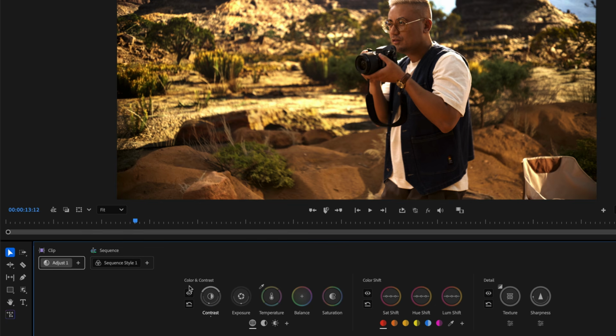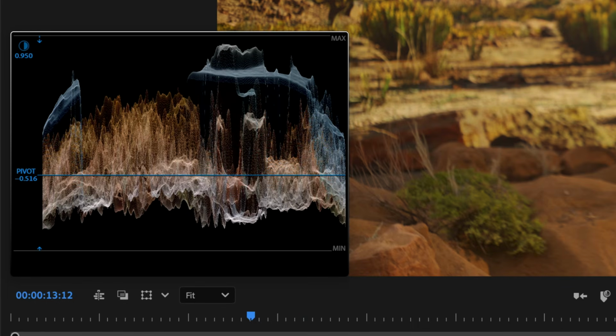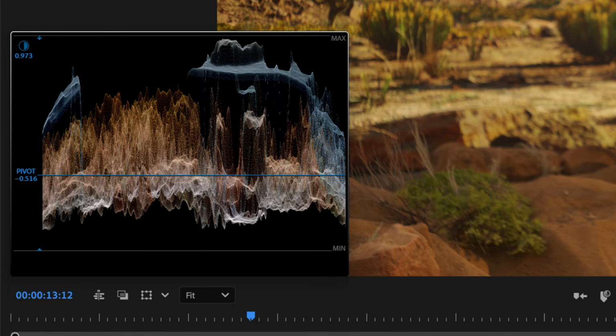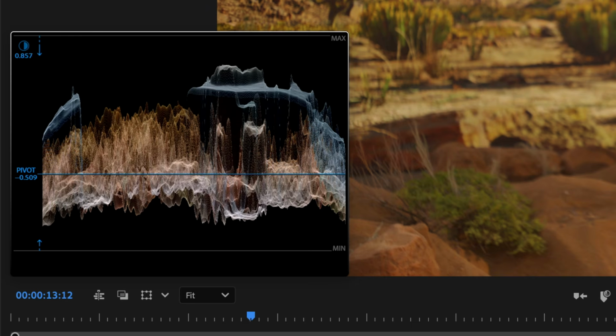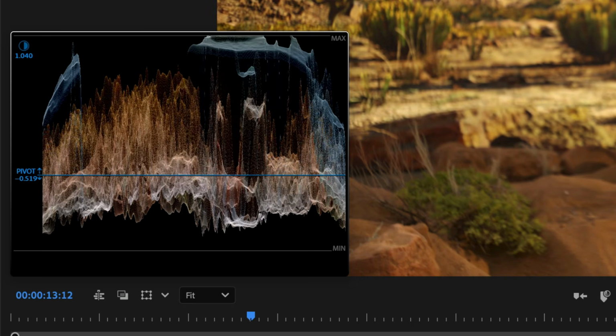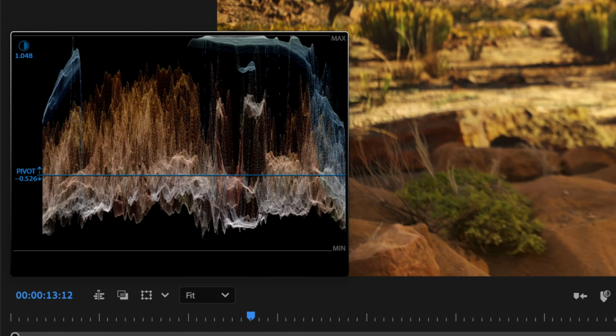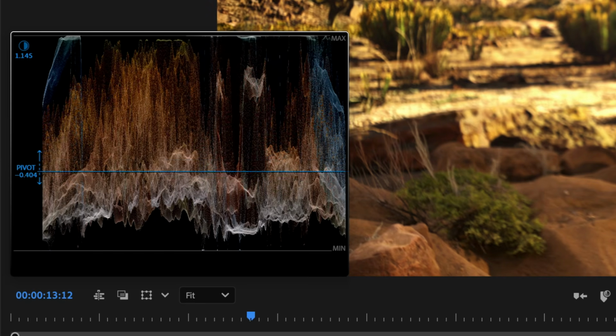Second, as you've seen, clicking into any control exposes a heads-up display. This heads-up display shows you some combination of things that allows you to understand the kind of adjustment you're making. In this case, the contrast control is showing me a waveform monitor that's letting me see an analysis of the video image so I can understand where I'm clipping the image up at the top and where I may be crushing the image down in shadow,